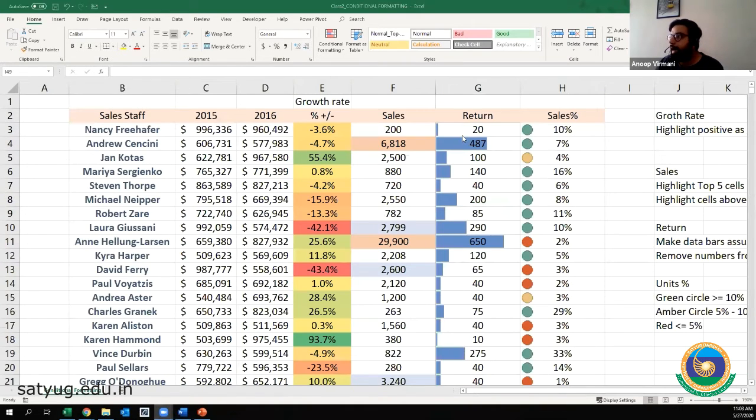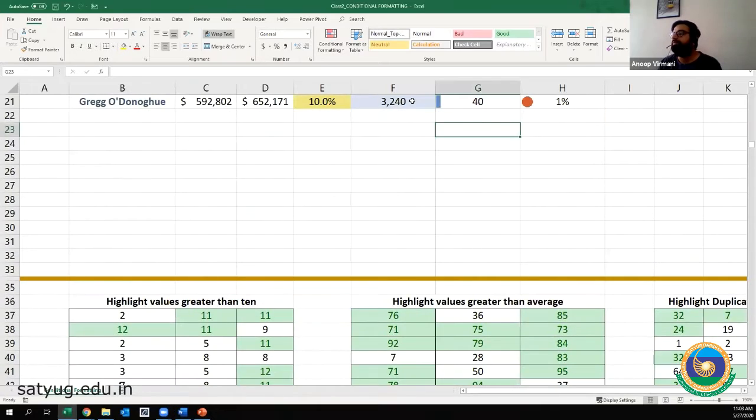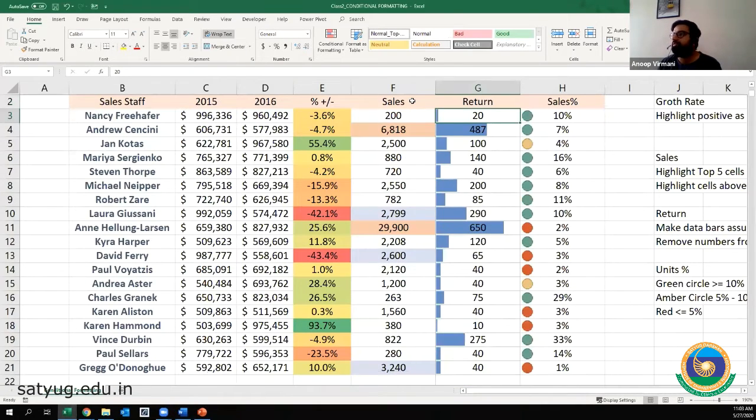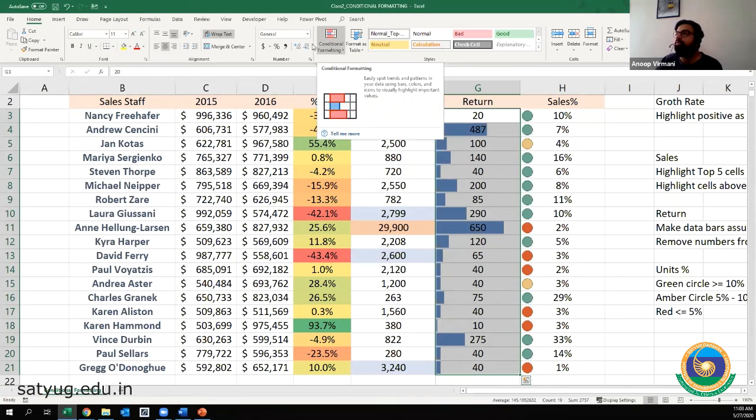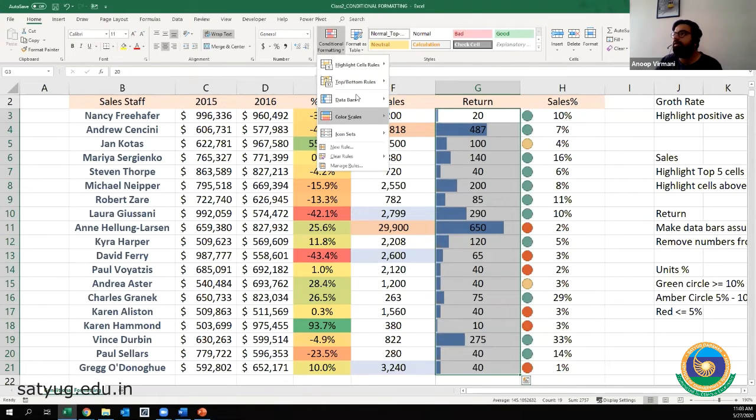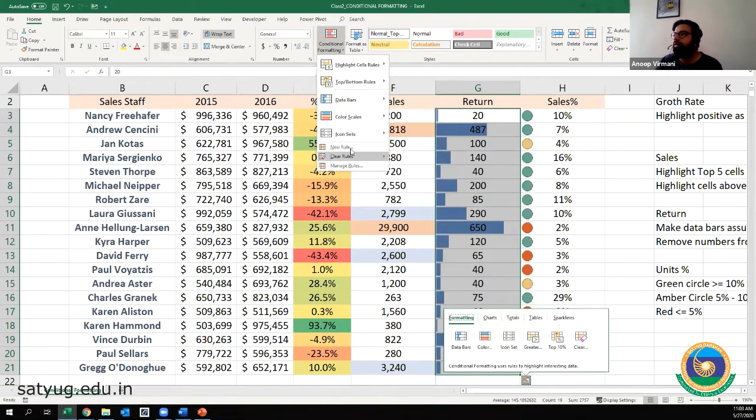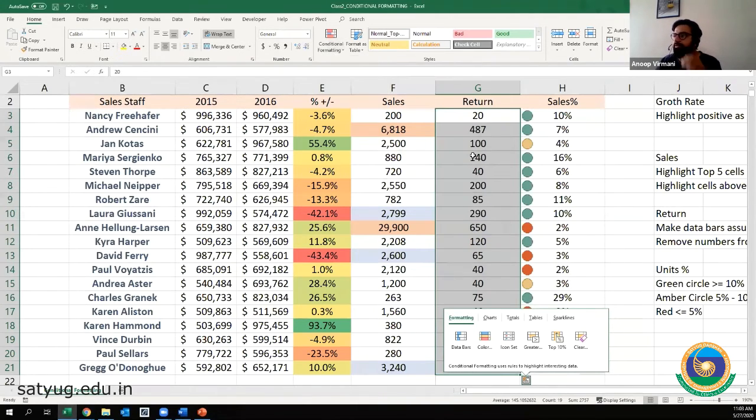For the data bars, there are two things. Let me remove this first. So how do we do it? We go to conditional formatting, then clear rules, and clear rules from selected cells or clear rules from entire sheet. If you press the second option, it will clear rules from the entire sheet. Everything will disappear, whatever rules we created for conditional formatting in the whole sheet. But let us just clear rules for selected cells.